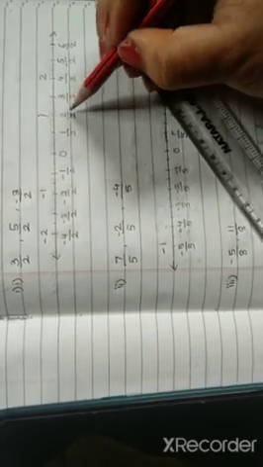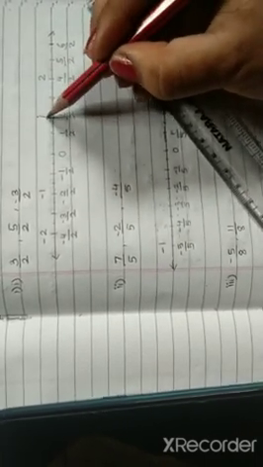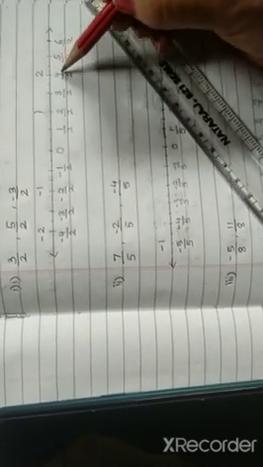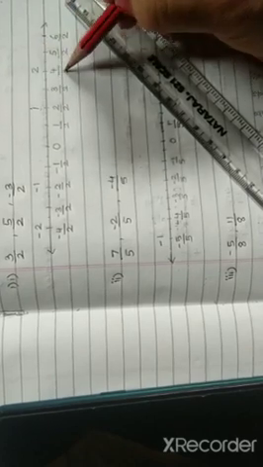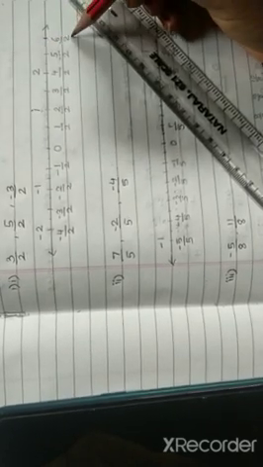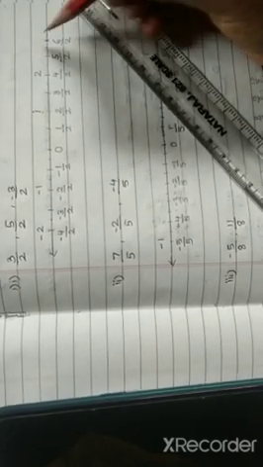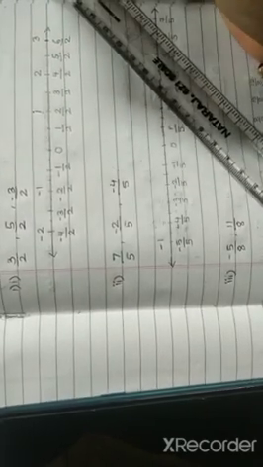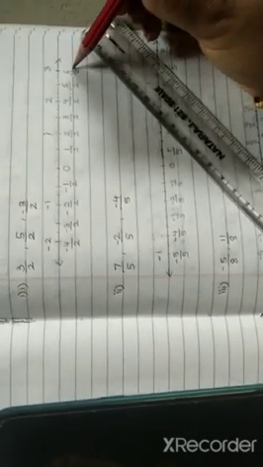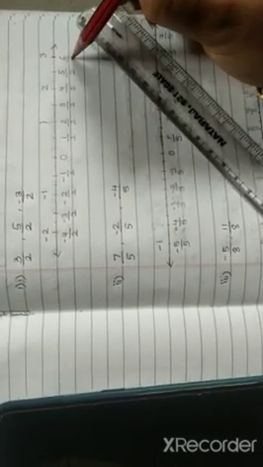Again, 2 upon 2 is nothing but 2 ones are 2. This can also be written as 1. While 4 upon 2 can also be written as 2 twos are 4. That means this point is nothing but your 2. Moving ahead, you can see 6 upon 2. That means this number is your 3 and so on. I don't require all the numbers ahead of this term, so I am stopping over here.